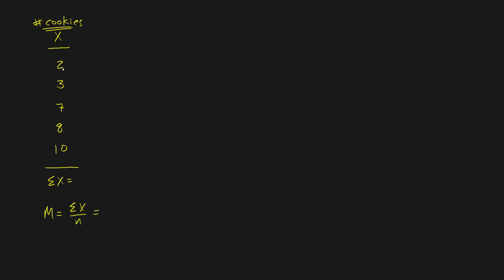So let's do that. 2 plus 3 is 5, plus 7 is 12, plus 8 brings me to 20, and another 10, that brings me to 30. So I've got 30 over 5 people telling me that on average, people took 6 cookies from the tray. But what if I didn't want to know just how many cookies did people take from the tray? Let's say that I also had given everybody